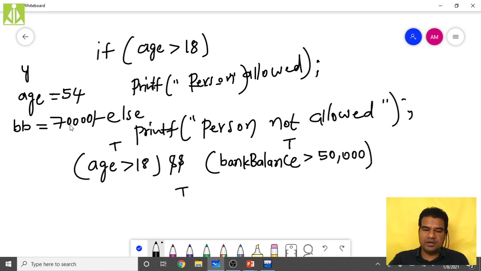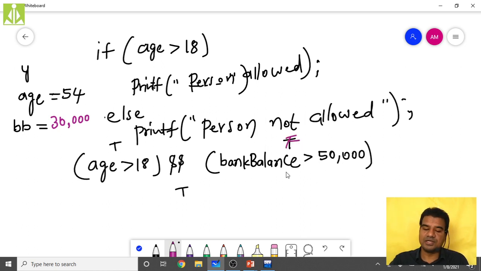Let us assume one case where the person's bank balance is below 50,000, that is 30,000. Is he allowed to vote? Now the first condition, age above 18, is true. But the second condition, bank balance must be greater than 50,000, is false.